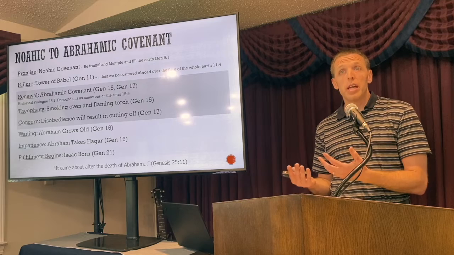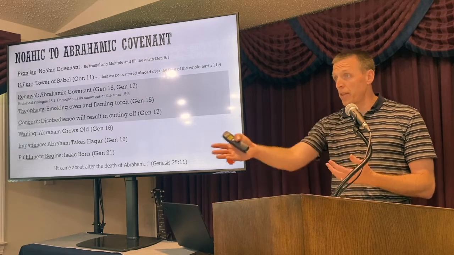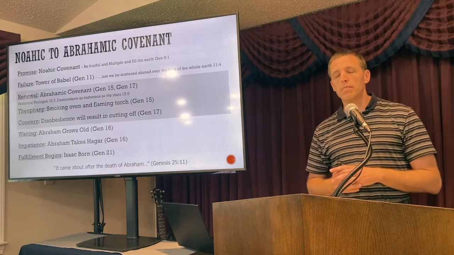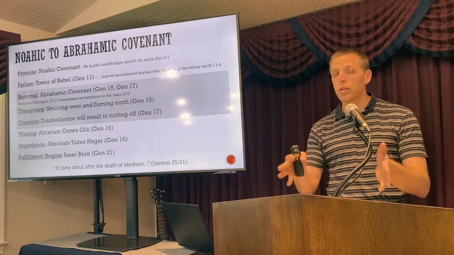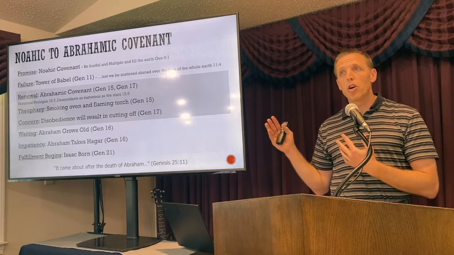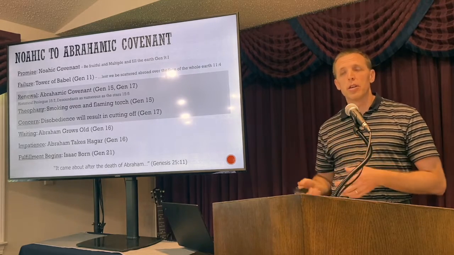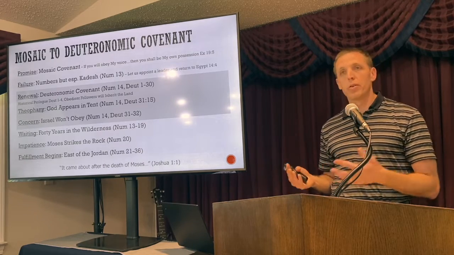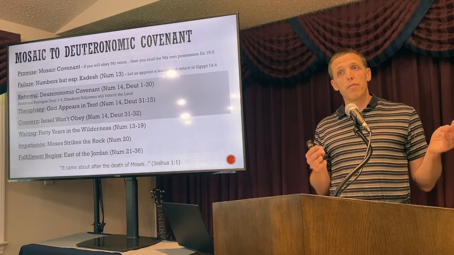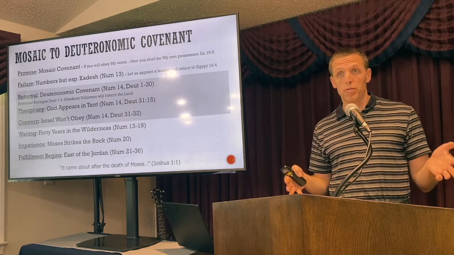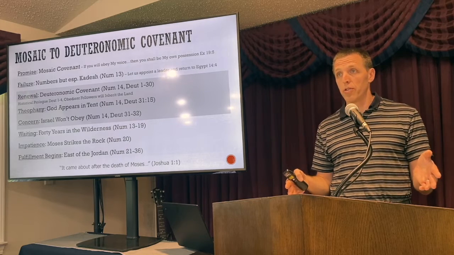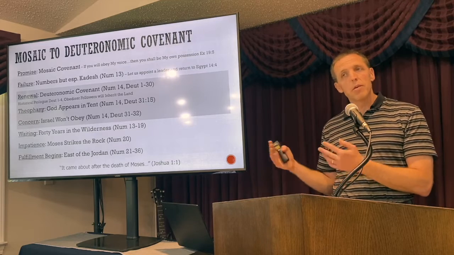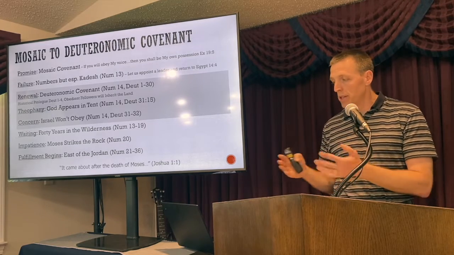But like Abraham, he got a promise from God twice. You'll remember he had the incident that Andre was talking about where he came between the cut up animals through the smoking, and then later, remember, he's looking out at the stars, and God renews the covenant again to him in that same way. The Mosaic covenant is that way, and you'll see it in the Deuteronomic covenant. So God says, after the people have refused to go into Kadesh, here's what I'm going to do for you. And God makes the promises that he's going to do for them. But then later, he goes through it all again in Deuteronomy, and he lays it out for them again. That's going to become important, that you'll see that two times like that.